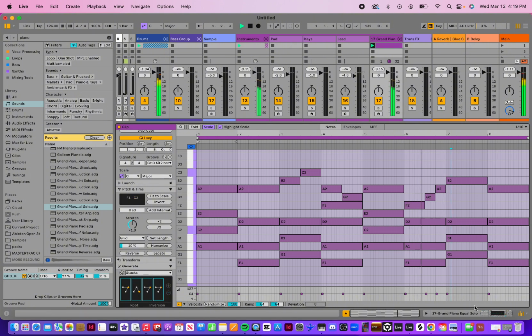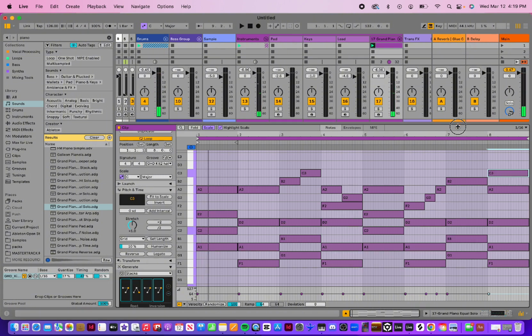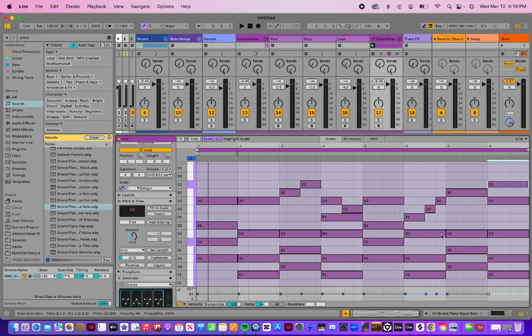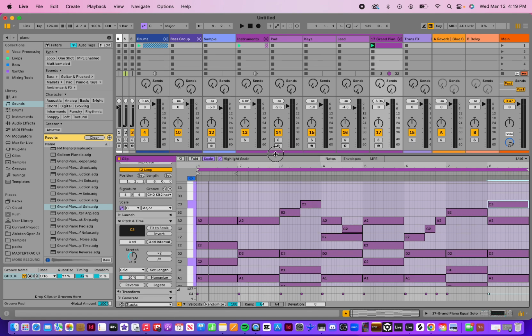How about that? That's pretty nice. Got a little bit of voice leading, got a little bit of variation, and we've got an 8-bar piano